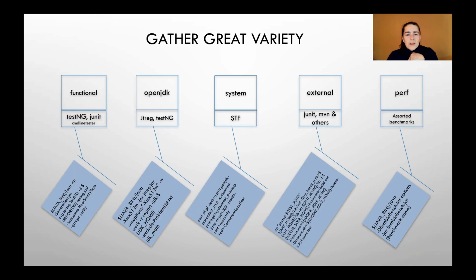So the notion is that as part of AQA, I had said it's a diverse set of tests. What does that really mean? It means we go out and we gather a great variety of open tests. We go and find tests that are meant to verify a JVM, and we bring them into the suite. Some of the tests are contributed by distributors themselves to our project, and we really, really appreciate that. Some of them are from the OpenJDK project, and some of them are from large Java application communities, and I'll have a slide on that in a moment.